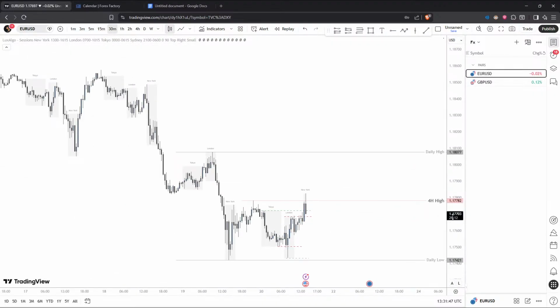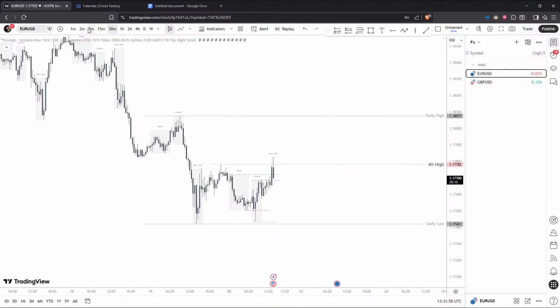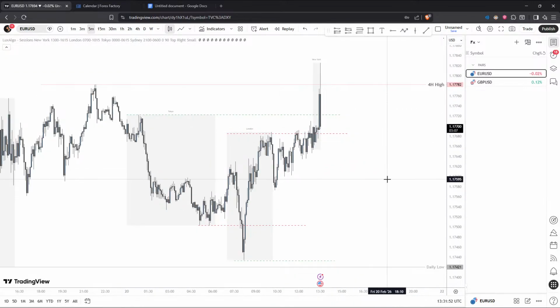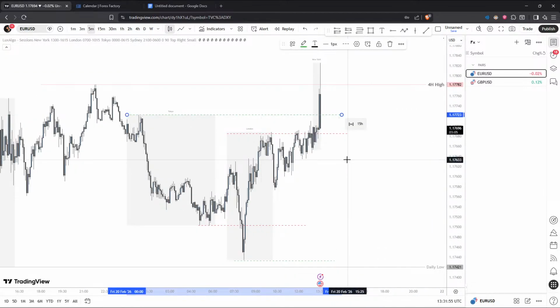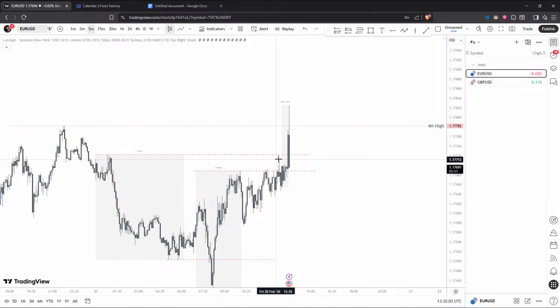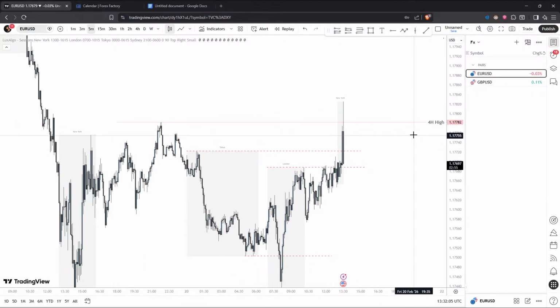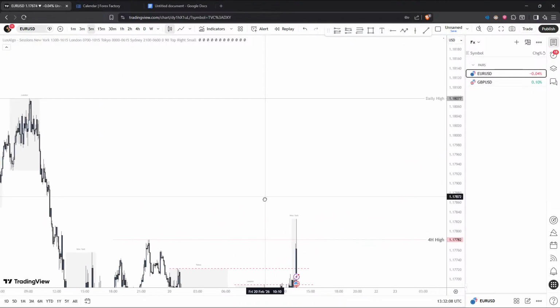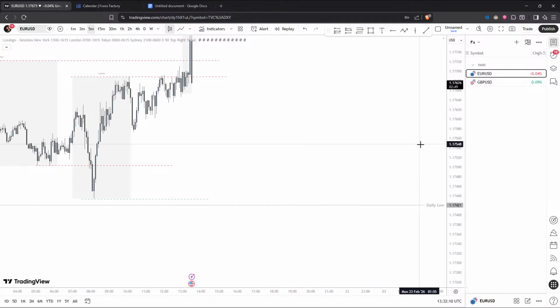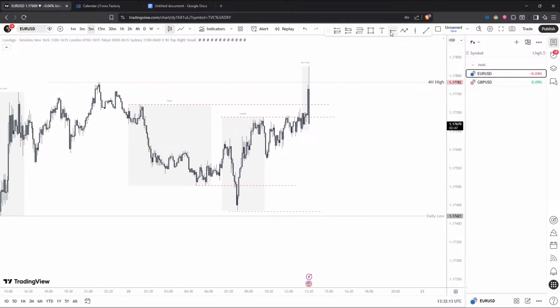So yeah, we've had this sweep. We still don't know direction yet because this is the Judah swing time frame. New York Open, we avoid the first 30 minutes no matter what. This is now liquidity sweep. So we swept Tokyo highs. We already swept London highs at open. We'd also swept Tokyo highs here, and we've also swept these 4-hour highs. So it's a lot of external liquidity that we've gathered. So now what we'll be looking for is a displacement to the downside, and then a retracement to either 50% or a fair value gap if it so pleases, and then a retracement to such, and then we can get